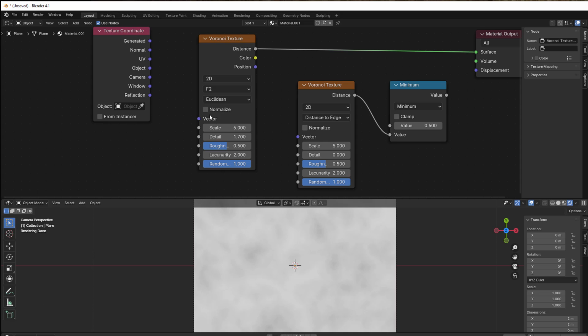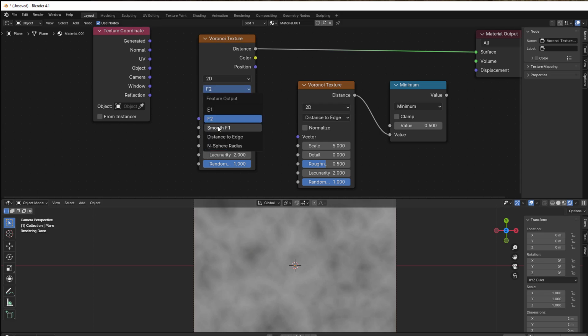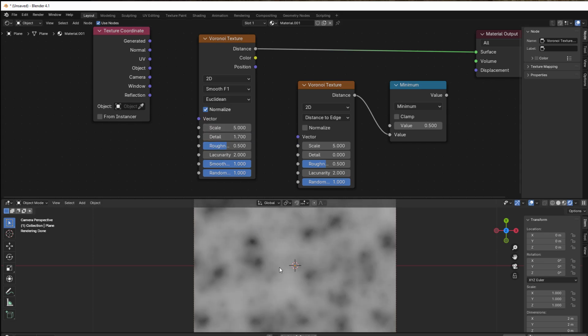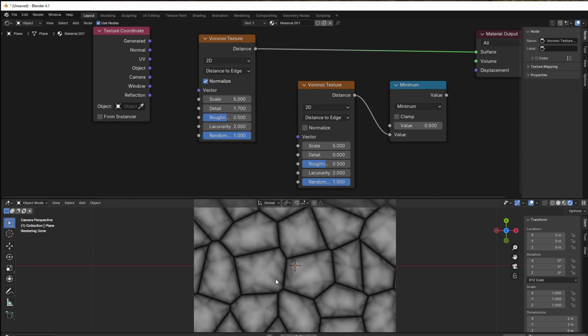The F2 is almost more like lines because it combines those two dots into one single dot, and it becomes more like a rectangular thing. So that is how that works. Smooth F1 smooths out the edges, so you get a softer edge and softer point, but otherwise it is the same as the F1. Distance to Edge is the distance we have, and then we have